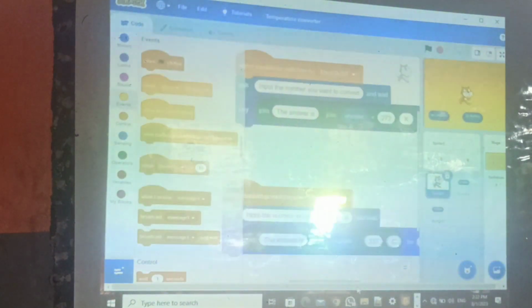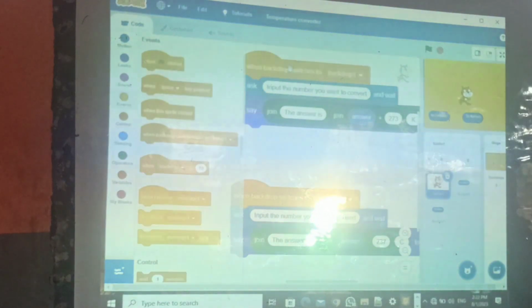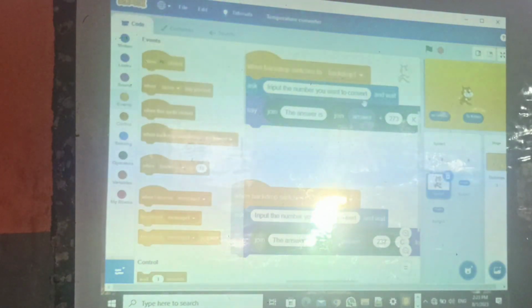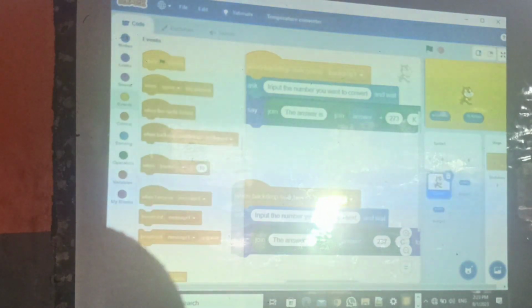Are we looking at the screen? It will ask the user the question. Then it will simply say the answer. How does it say the answer? It already captured the value the user put here, which is this value. Then I will now add or subtract depending on what I want to do. The same thing happens to this now. So this code now,